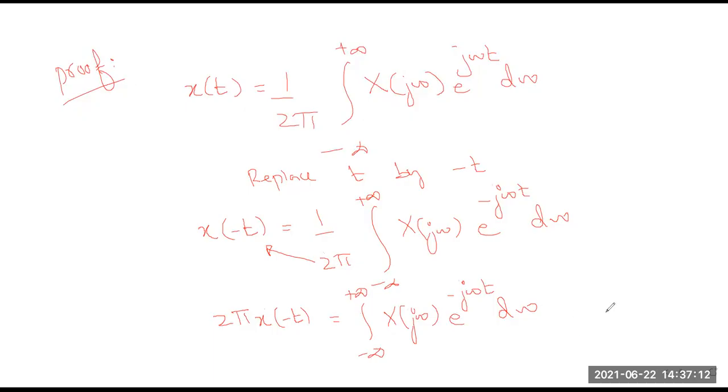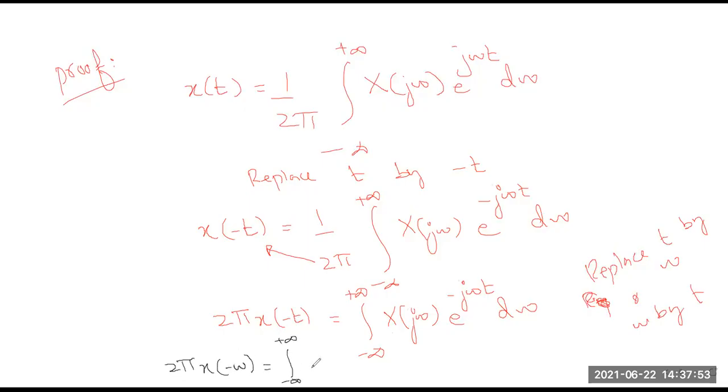And then you can say replace t by omega and omega by t. इस इक्वेशन में जहां पे t है वहां ओमेगा लिख देंगे और जहां पे ओमेगा है वहां t। तो लेफ्ट साइड पे मेरे पास क्या जाएगा? I will get 2 pi x of minus omega हो जाएगा।